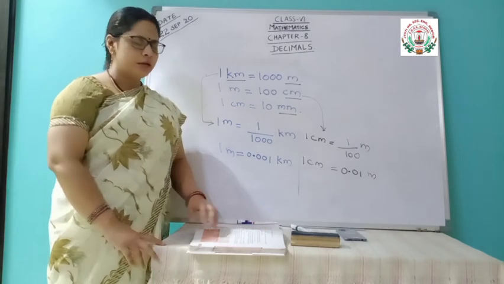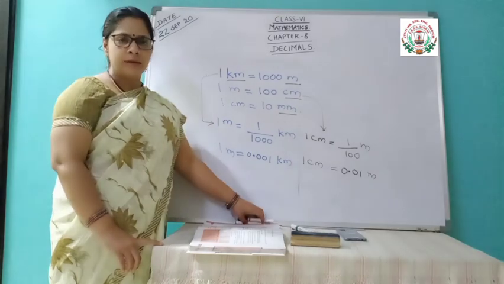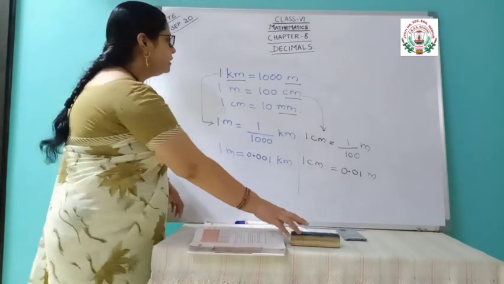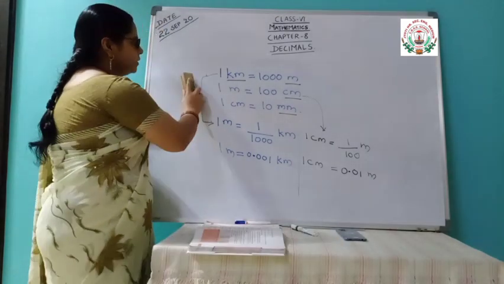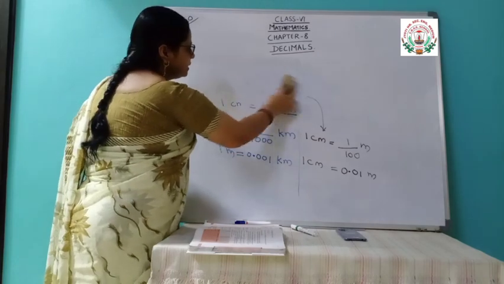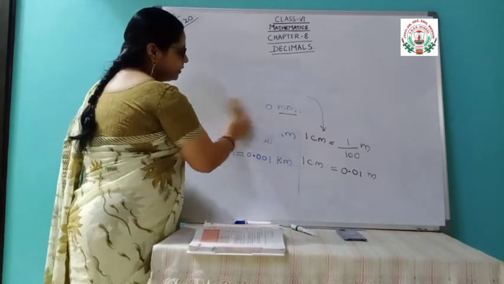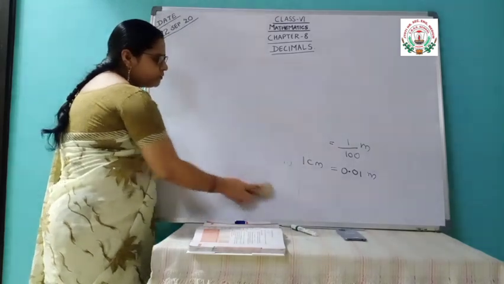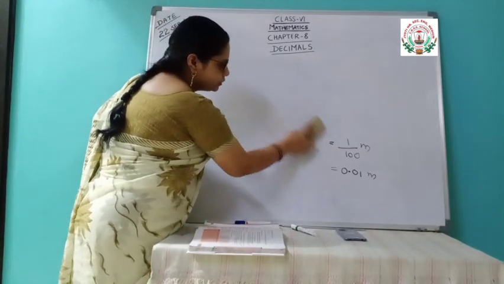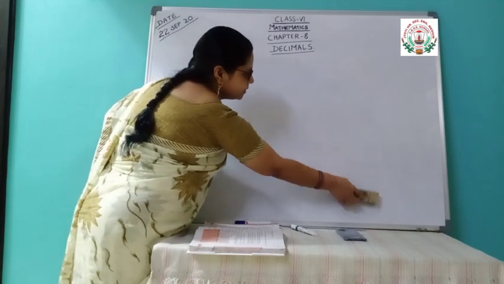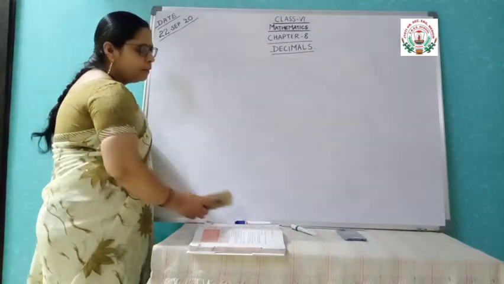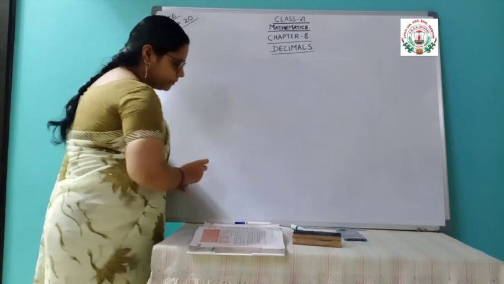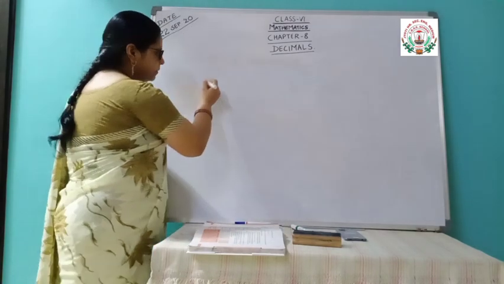The place value table is the table that I have explained in the previous class. Like units, tens, 100, 1000, that we are writing for the whole number part. And 1 by 10, 1 by 100, 1 by 1000 and so on, we are writing for the decimal part. That is called the place value table. So the place value table, how is it?